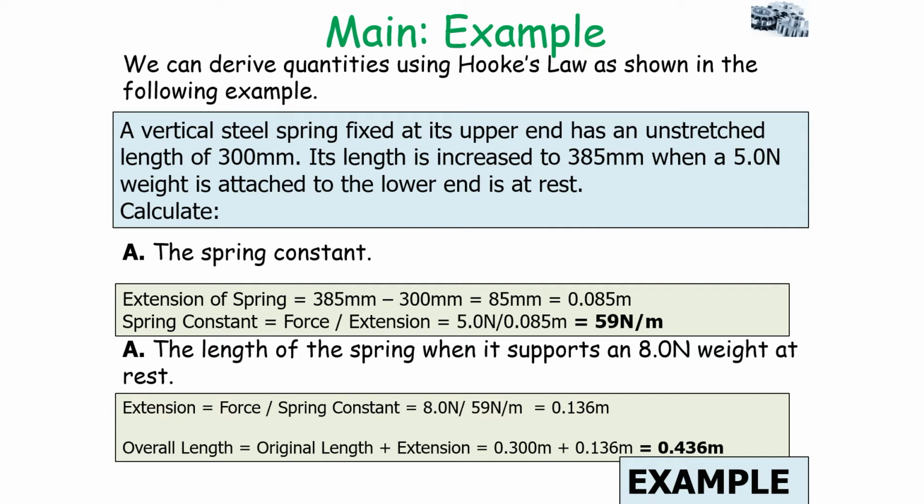Then the length of the spring when it supports an 8 newton weight at rest. Well, it's important to note that the spring constant will be constant, so it's the same value as the previous example. So we now say extension is force over spring constant, so it's 8 over 59, so it's 0.136, but that's the change in the length from the original. So you've got to add on the original length to find the total length of the spring, which is 0.436